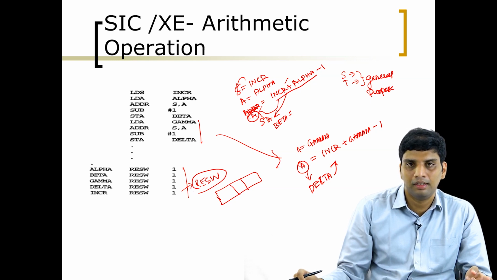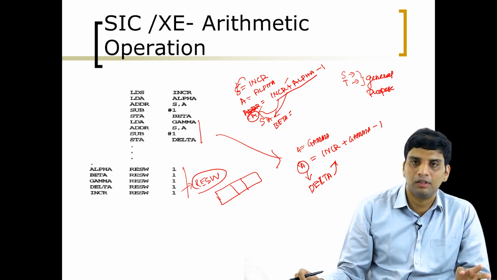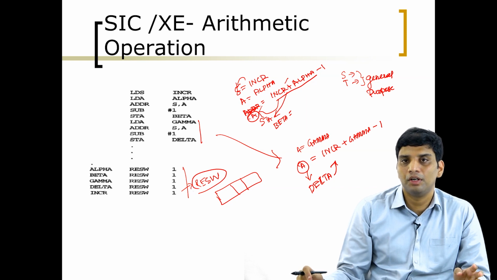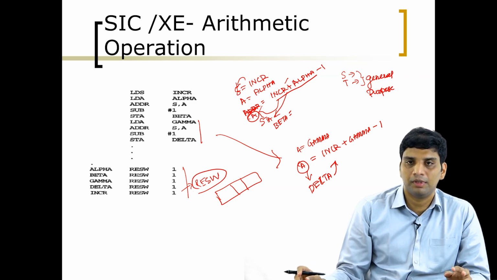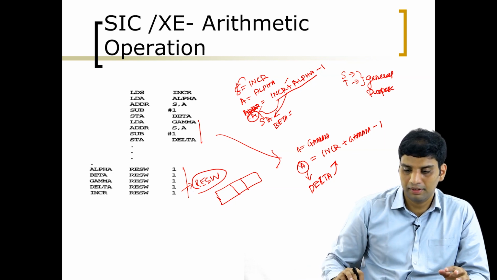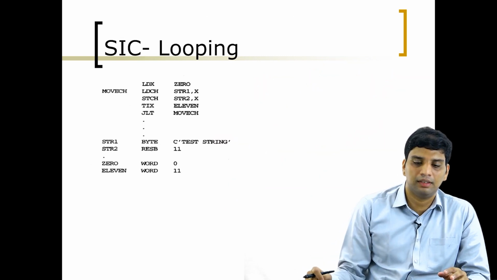There, you don't use immediate operands, but here you are using immediate operands. So when you want to bring value 1, what you have to do? You have to store that value in a word and then you have to bring it. But here you can directly use the value. That's the only difference here. You can perform register to register addition also here. Clear? So next one is we are going to see this program.